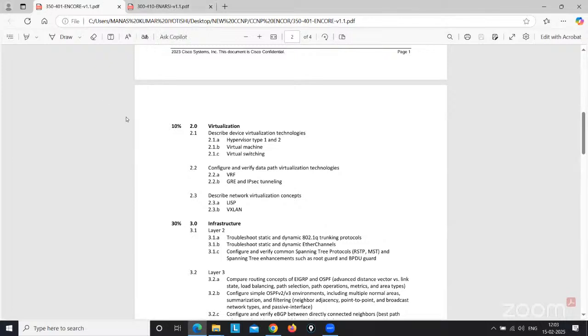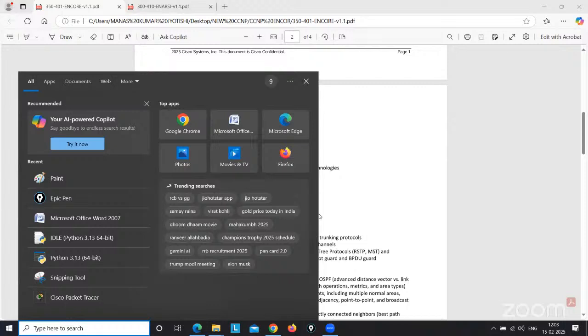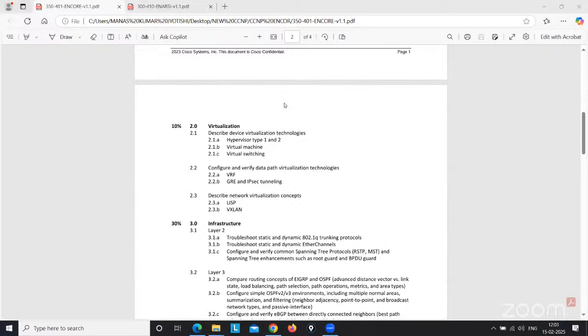Previously, it was the CCNP routing and switching. In the exam also, there were 3 topics: one is routing, another is switching, another one is troubleshoot. Now it's something different, but a lot of topics are still the same. Right now it's the Encore and NRC. Once you complete both the Encore and NRC, you will get the global certificate from Cisco. For the global CCNP certificate, you need to pass both exams, first the Encore, then the NRC. These 2 exams need to be passed.